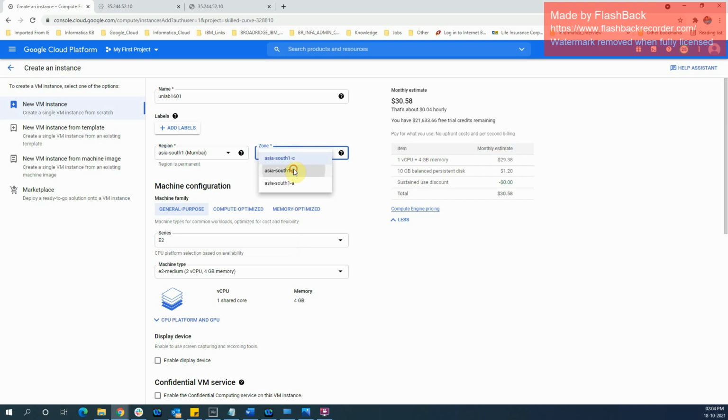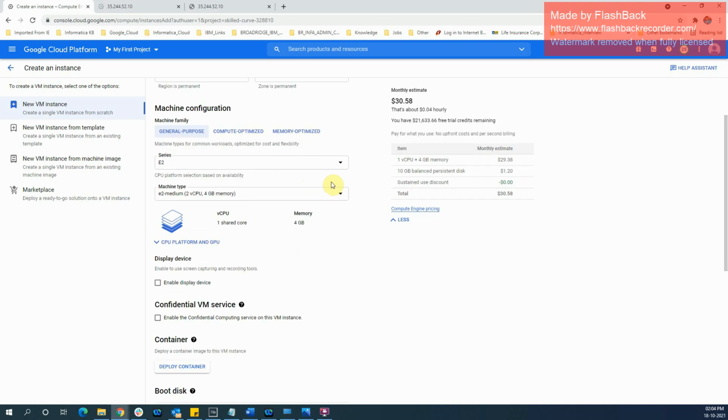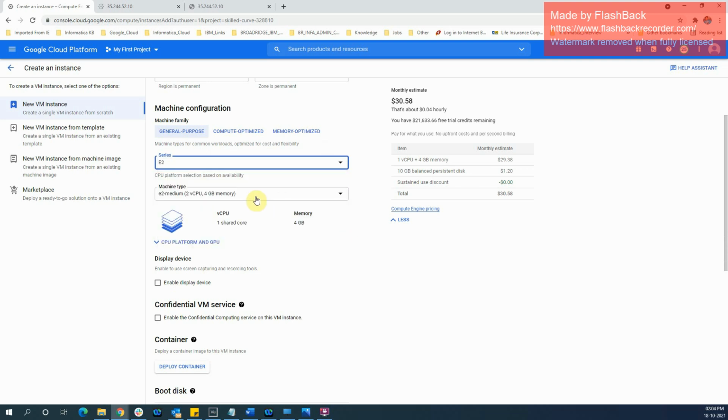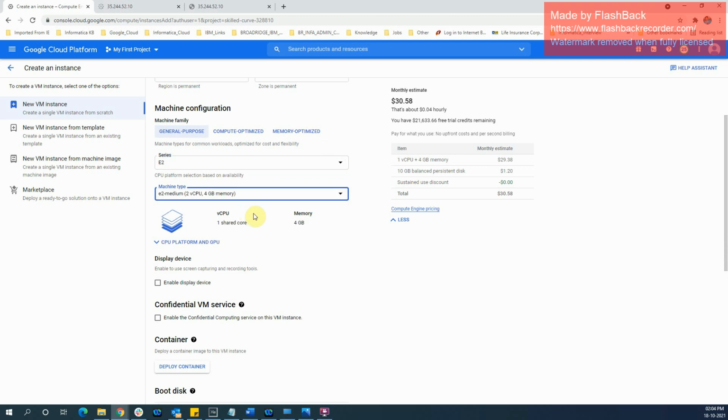So let's select. I'm selecting Mumbai. Anything here, no issues. Then there's a series of engines we need to select. So anything is fine. Platform based availability power. Okay. So what we can do, here we will get information about the number of CPU cores and the